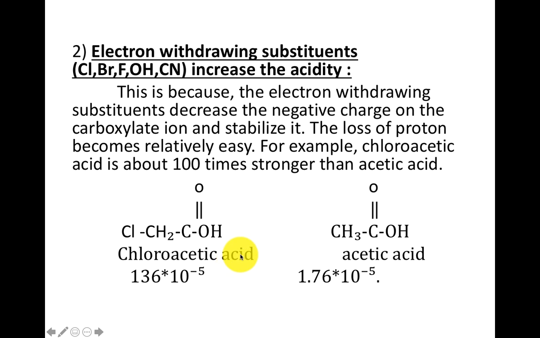inductive effect. Inductive effect means, here carbon is present and also chlorine is present. The bond is formed between carbon and chlorine. Since chlorine is more electronegative when compared to this carbon, it withdraws electrons towards itself. So in the inductive effect, what happens? The migration of sigma electrons takes place. What is meant by migration of sigma electrons? See, what is this bond? This is known as the sigma bond. Since chlorine is more electronegative in nature, it is attracting these electrons towards itself.